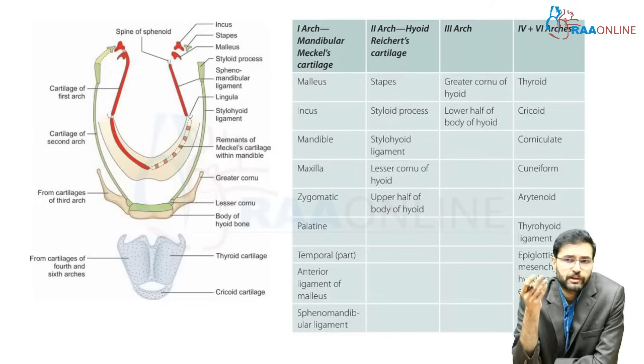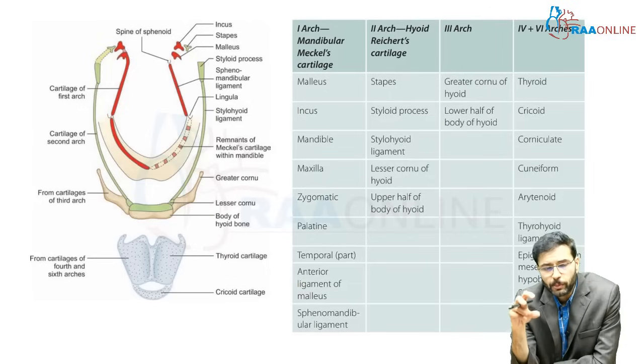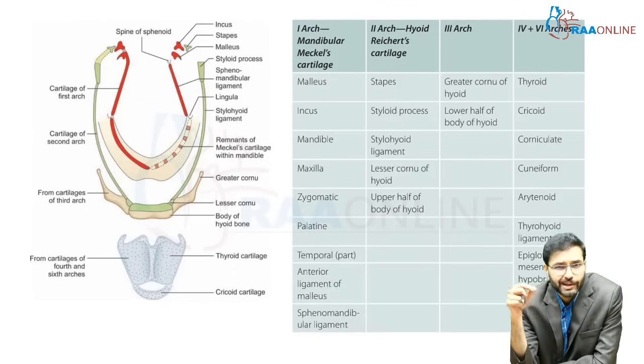The ventral aspect of the Reichert cartilage gives rise to the smaller horn of the hyoid bone and the superior aspect of the body of the hyoid bone. The area between the ventral and the dorsal aspects or dorsal components of the Reichert cartilage again disappears, forming only a membrane or a ligament which is called as the stylohyoid ligament. So to summarize again, the hyoid arch or the second arch, the cartilage of the second arch is called Reichert's cartilage, R-E-I-C-H-E-R-T,